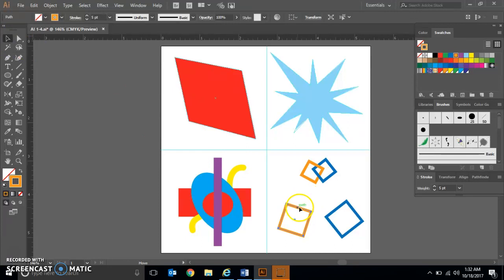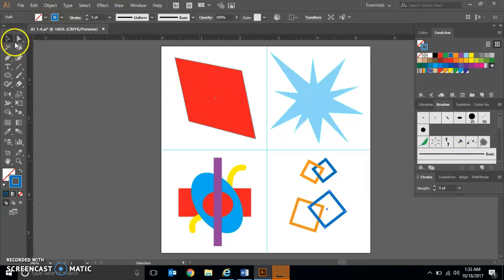We're going to select our path, move our square in, and select our blue square and move it over so that it looks similar to what we have in our image above, but you'll notice that the orange is not over the blue. So what we're going to do is go to our direct selection tool,